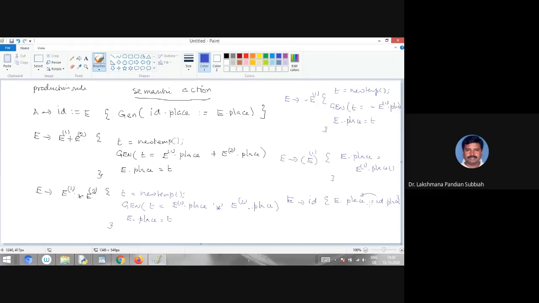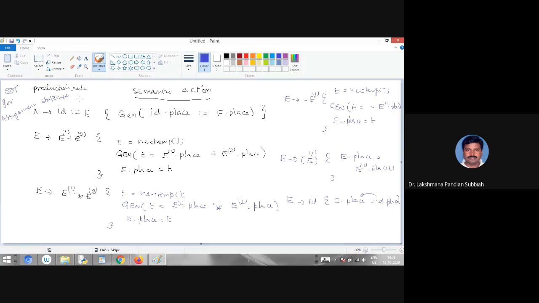So this is called the syntax directed translation scheme for assignment statement.